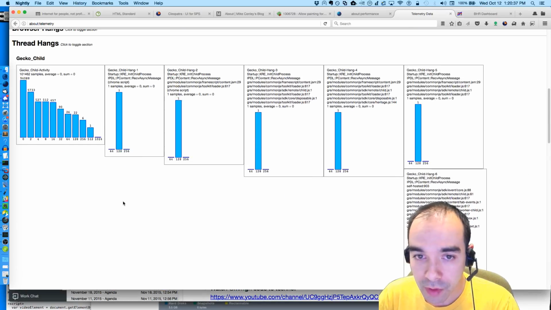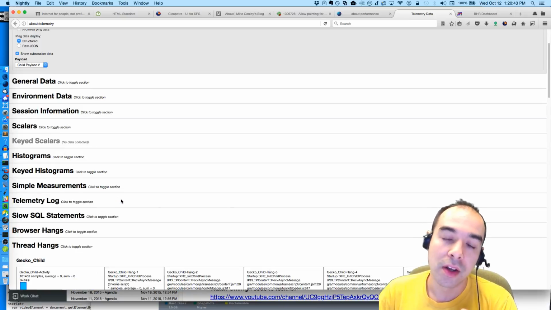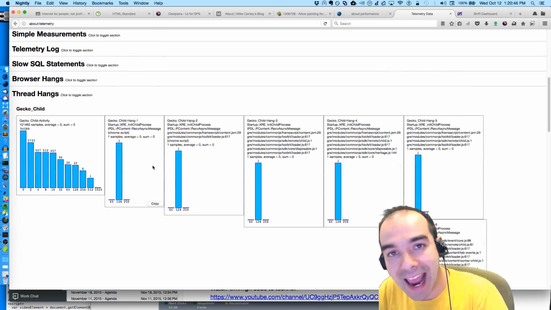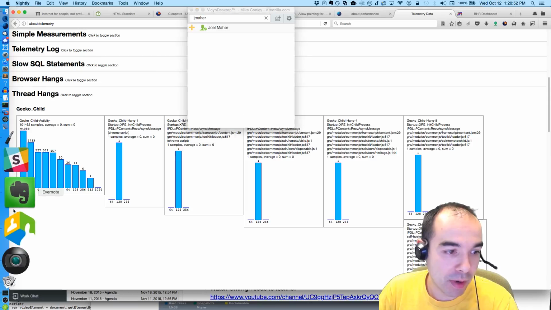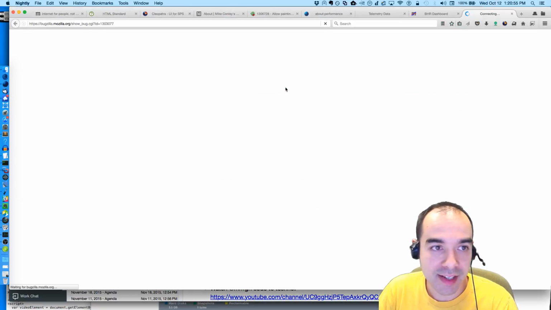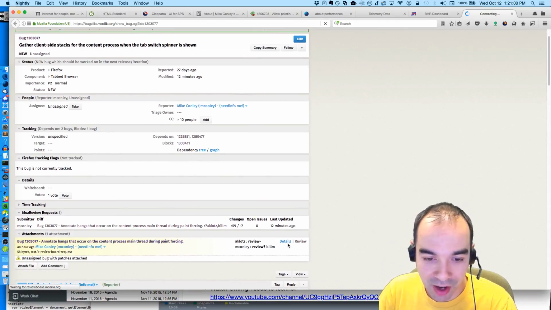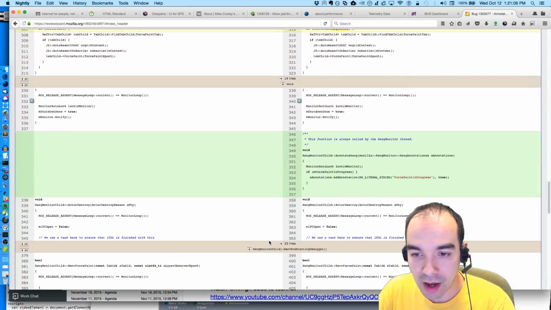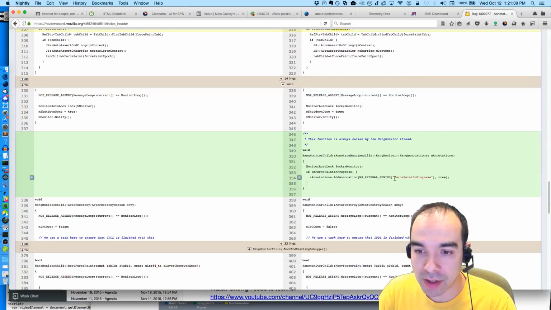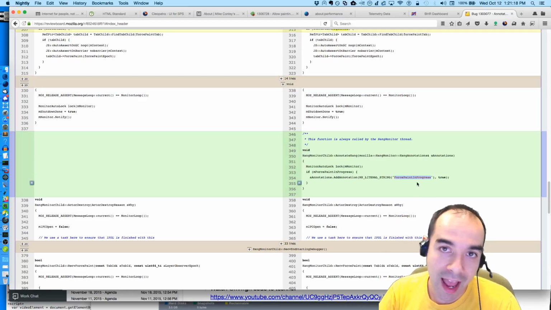So luckily, there's a feature built into our hang detection code that allows us to annotate these hangs whenever we're in a particular state. And I've written a patch in this bug, Gather client-side stacks, bug 133077, if you want to follow along. I've written a patch that I just got R- for. I'm going to have to check that out in a second. That basically annotates any kind of hang that we experience during a tab switch with this annotation that says force paint in progress. So the long and the short of it is, if we're in the midst of a tab switch